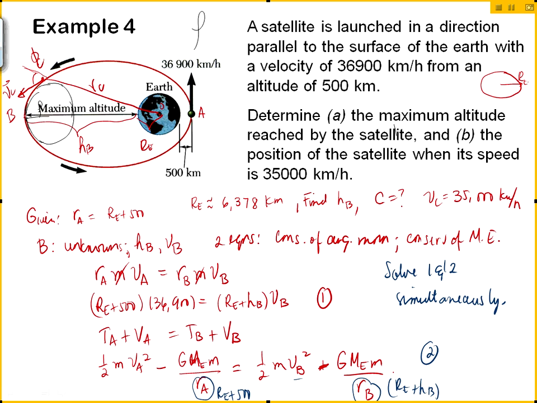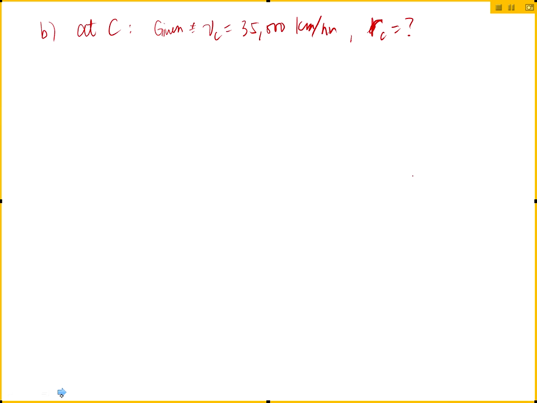Unlike here at point B, at the farthest point, we know that the angle P was 90 degrees, right? Because it's perpendicular to R. Here, at a position along the path between A and B, C is not 90 degrees, and we don't know what that angle is. So we still have two unknowns, and worry not, because we have two equations. And the two equations again are conservation of angular momentum